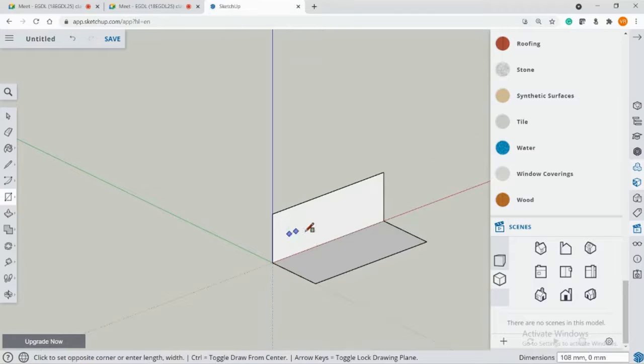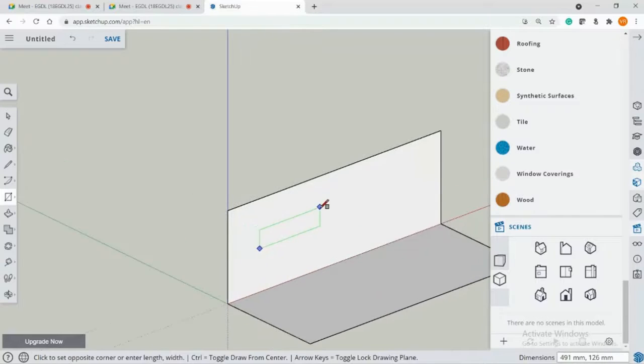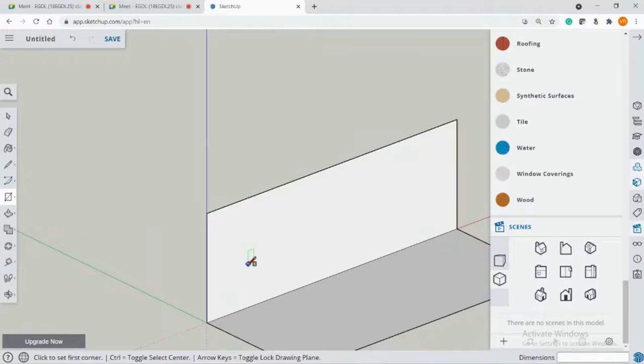Then I'll draw a rectangle of 300, 200. Draw it like this here.